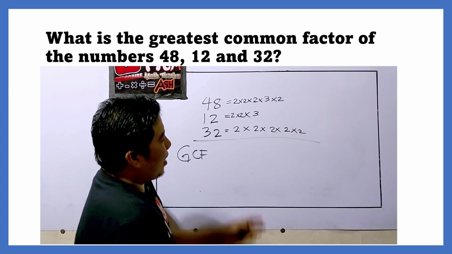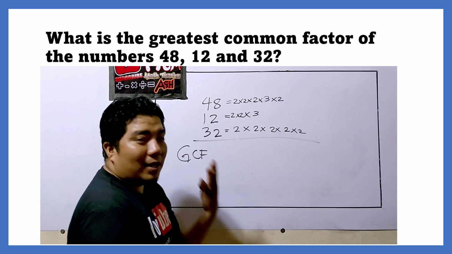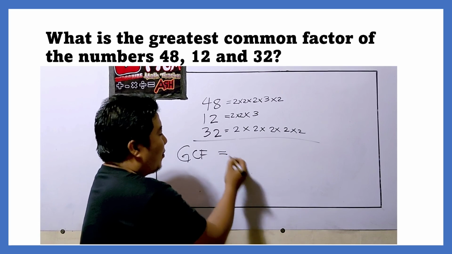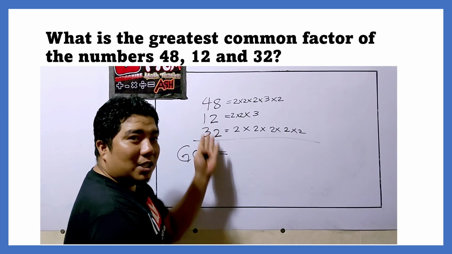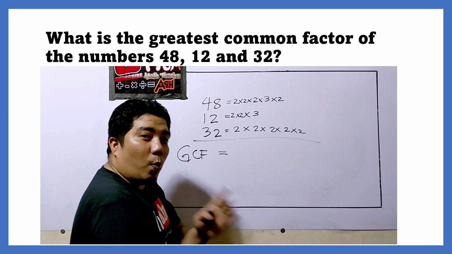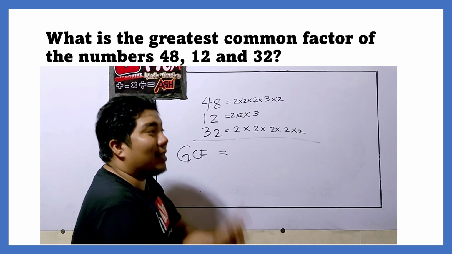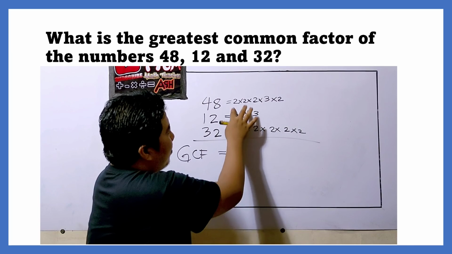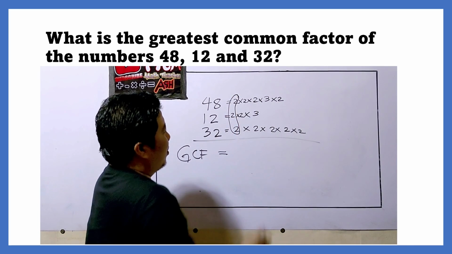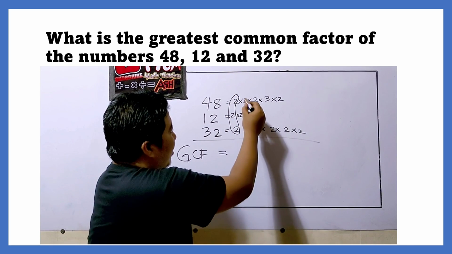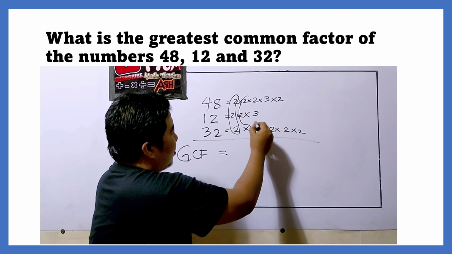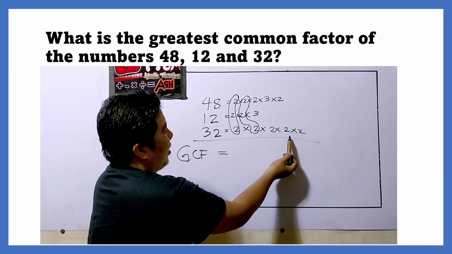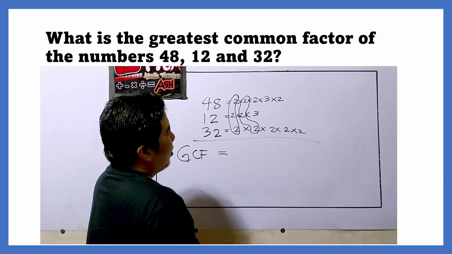Okay. So, I have broken down all my given numbers. Right now, for me to know the GCF, I will look at each given and see what number is available among the three. As you can see here, all of them have a 2. Alright. And another value of 2. 3 is available here, but not here. So, therefore, 3 is not a factor.